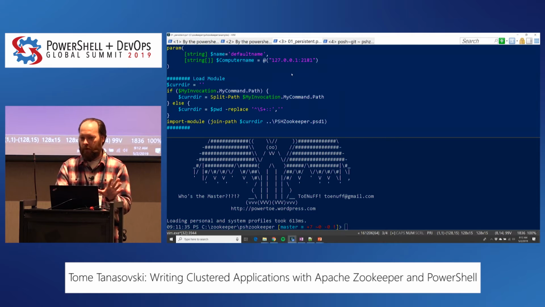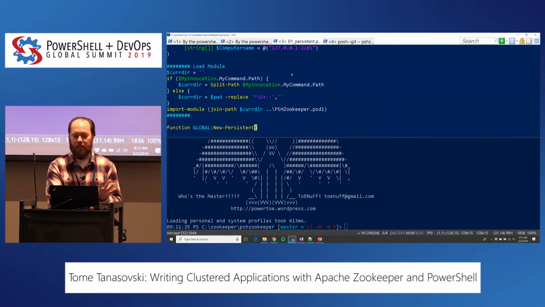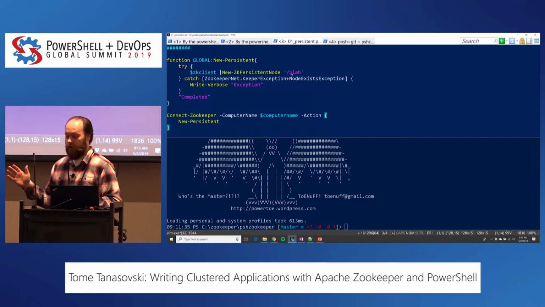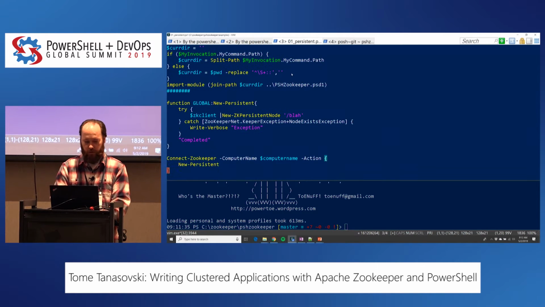This is not for any point other than just making the examples work really fast and prototyping. So pay no mind to that. There's definitely better ways we can do all of this stuff. This is an entire Zookeeper application, though, what's written up here. OK, so right now there is only